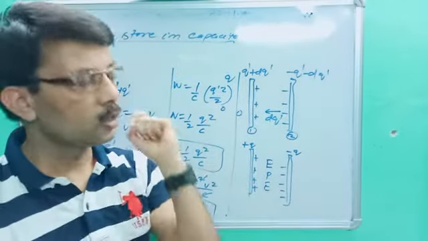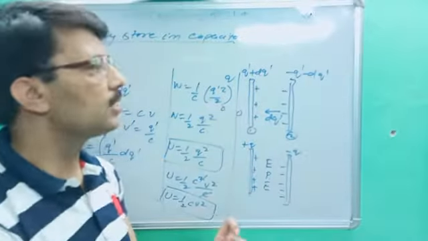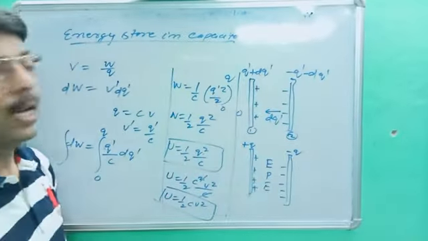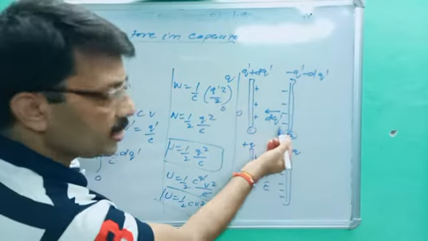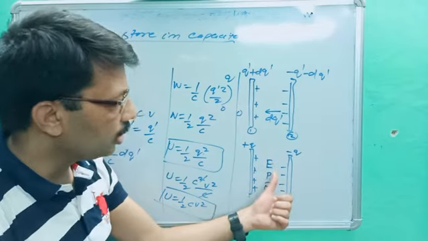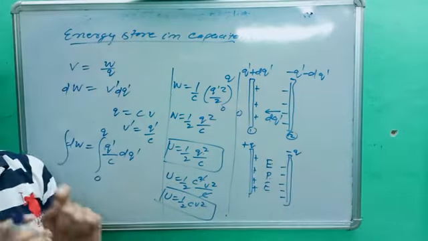Every capacitor, it could be parallel, it could be spherical, or it could be cylindrical. If any capacitor is given, it has to store the energy 1 upon 2 q square upon C. Once again, the amount of work done in bringing the dq dash charge from one plate to another plate, bit by bit, is stored as electrical potential energy, which will continue until it is completely charged.